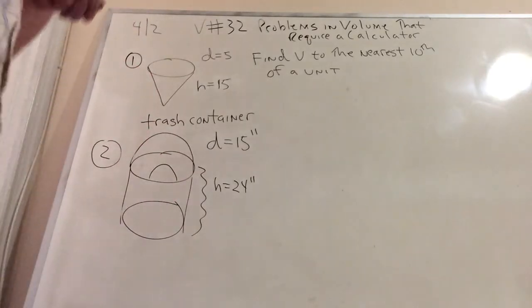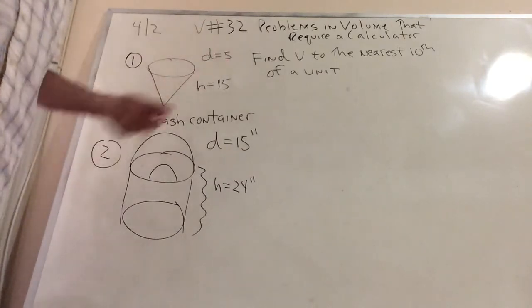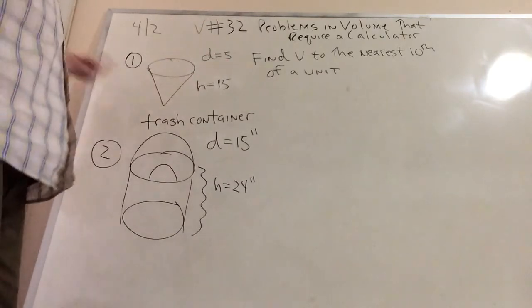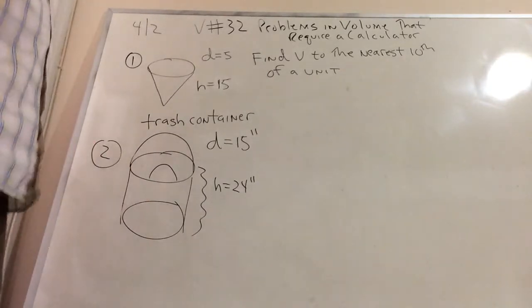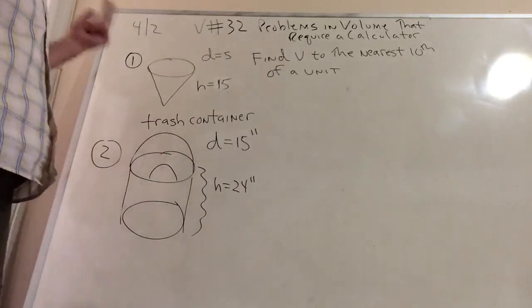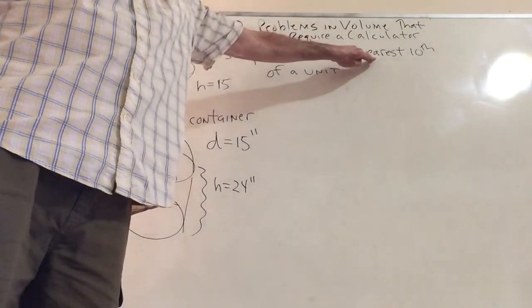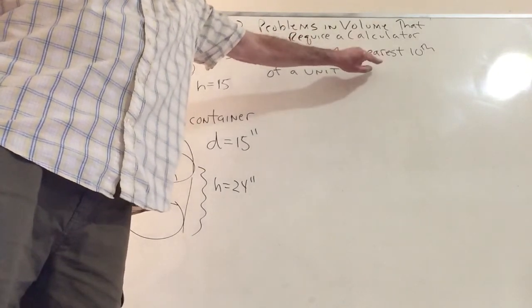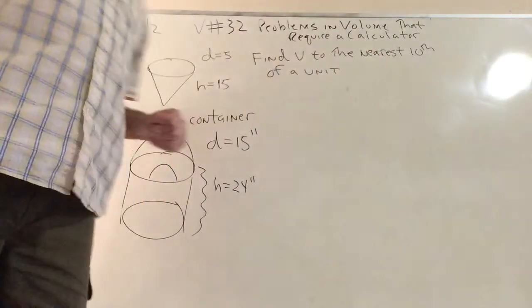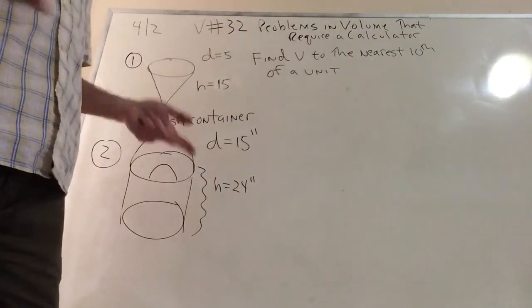Why? Well, you can start on the top problem here. Half of 5 is 2.5, 2.5. Who wants to do algebra with that? I mean, that's a big job here. And the real giveaway is once they say to the nearest 10th, to the nearest 100th, to the nearest 1,000th, to the nearest billionth, you must use a calculator, because we have been abstractly representing pi